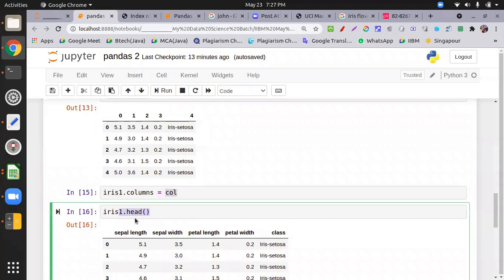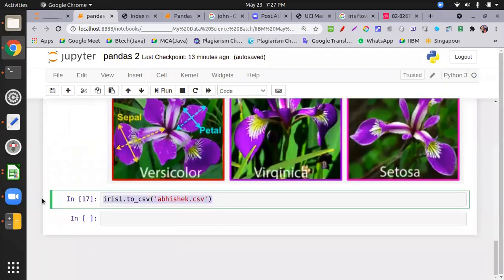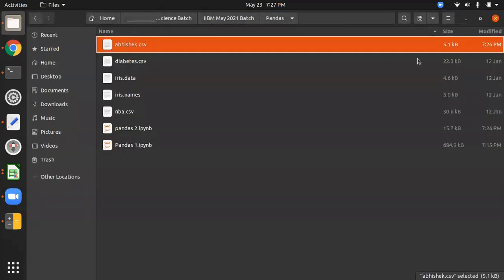When you check the head section, you find the column names. Then I write this CSV in my root folder. It is available over here. If the file is created, you can see its timing and its position.